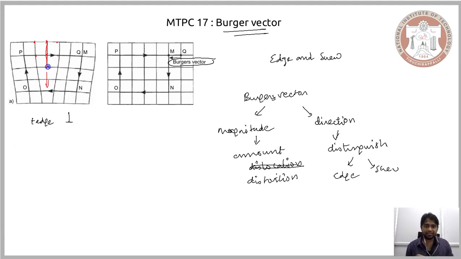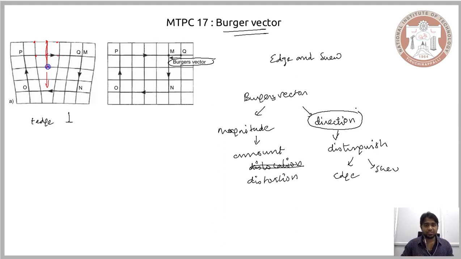In that case, it helps us to understand that the dislocation that we see is a combination of edge and screw components. In most physical cases, it is very rare to see an edge dislocation alone or a screw dislocation alone. In most cases, there will be a combination of edge and screw dislocation. In those cases, the direction of the Burgers vector will not be parallel nor perpendicular.